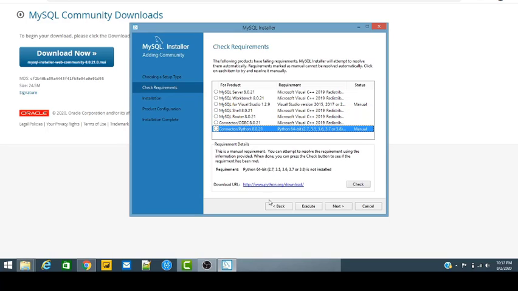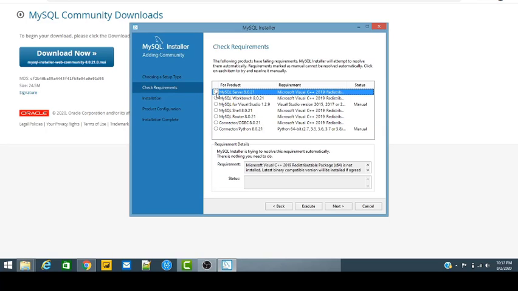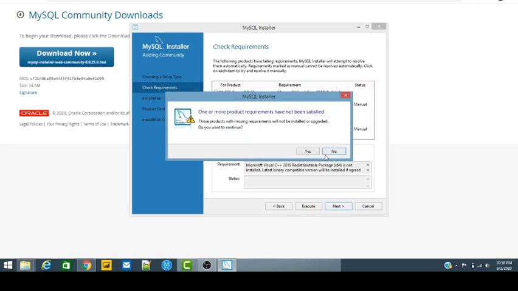There will be some packages, so we have to select any one of the packages, and we can select all the packages also, so it will take some time. And there is some error related to the network, I think.